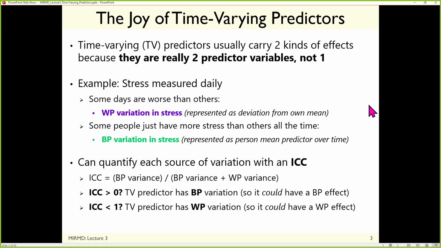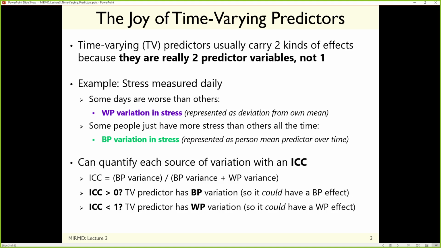So for instance, if I have a study where people are measured every day for a week or two, I might ask questions about your level of stress, perceived stress. We can all agree that some days are worse than others. I would call that within-person fluctuation or variation in stress. But there's also some common tendencies. Some people are going to report more stress on average than other people. Whether it's because it's real stress or whether it's because they have a different response set for what being stressed means, I don't know. But I do know that there will be systematic person mean differences.